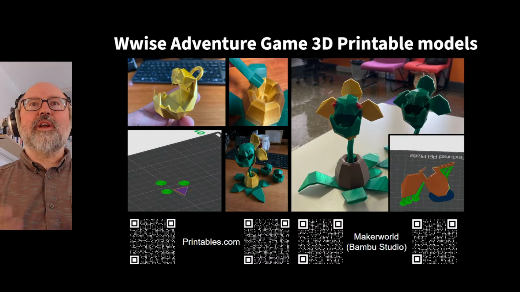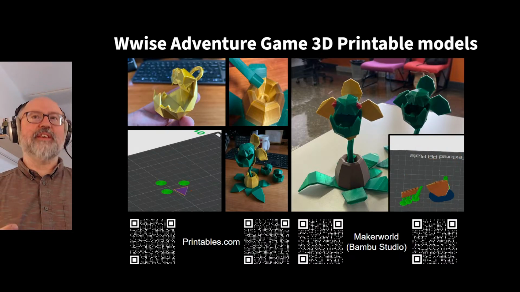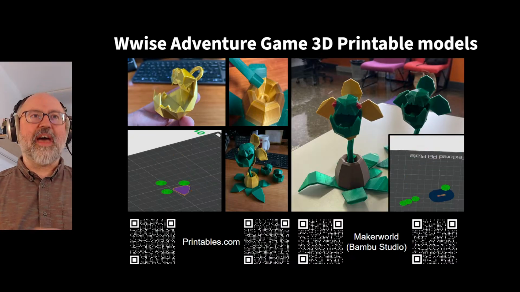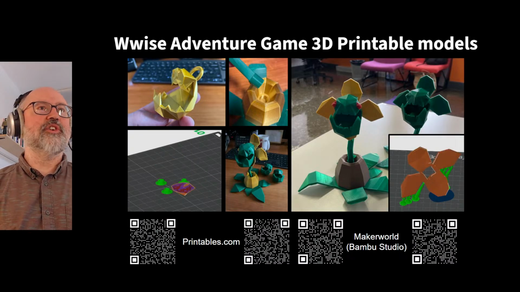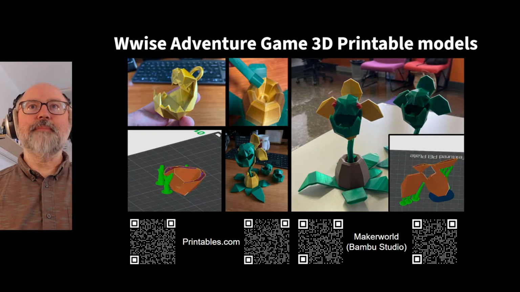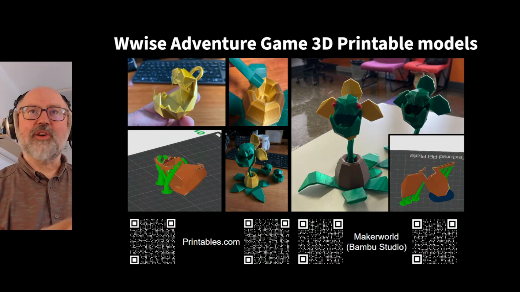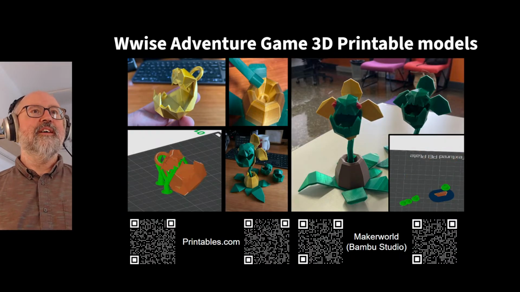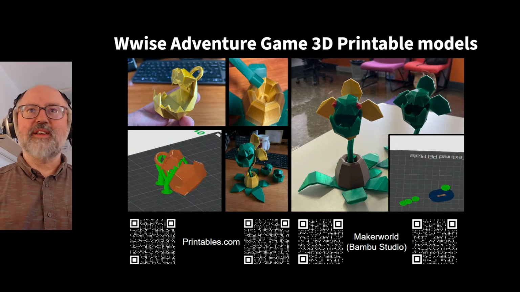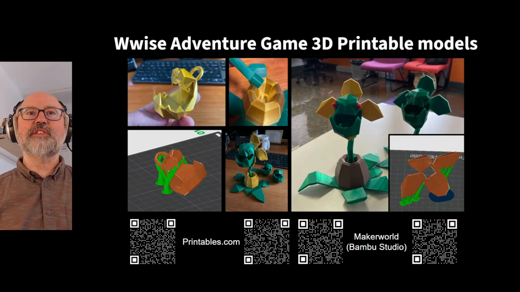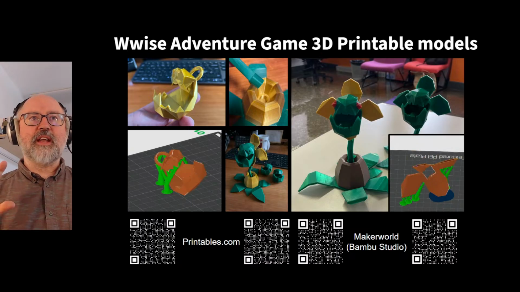And what a cool thing to have this physical, almost tribute to that education and certification using the Wwise adventure game. Print them out yourself, have them there on your desk as a reminder of the hard work that it takes to get started sometimes with something new,